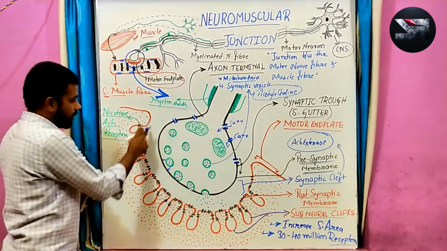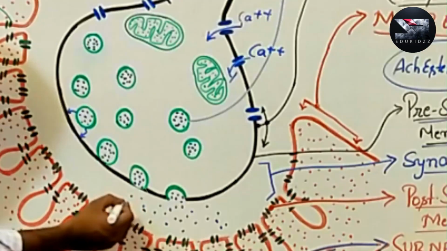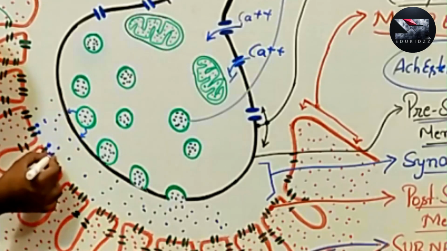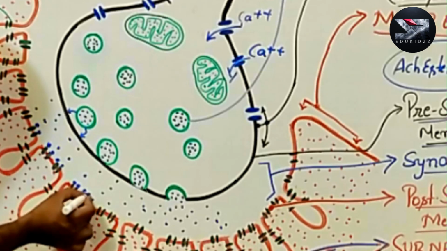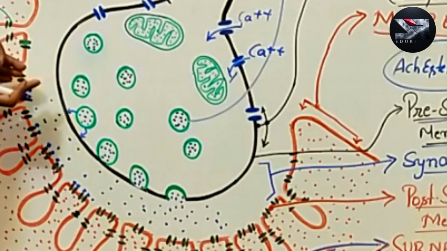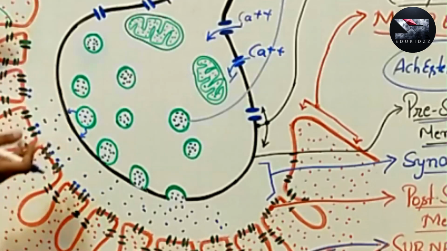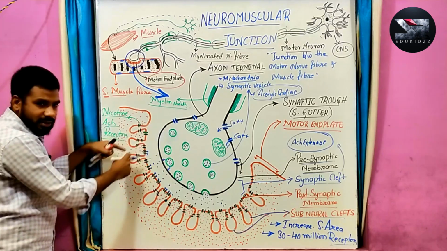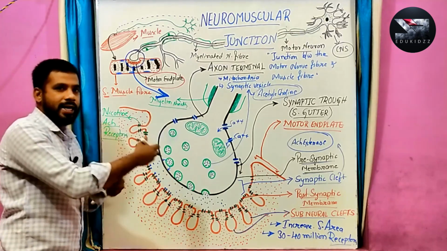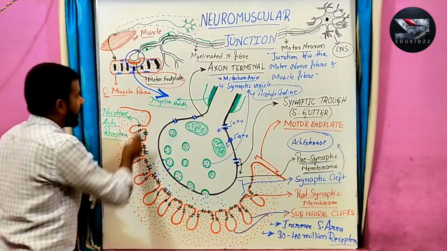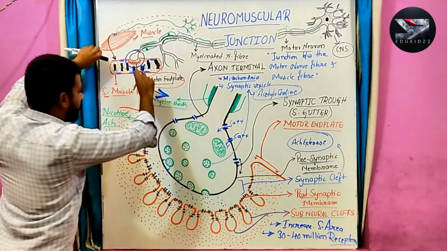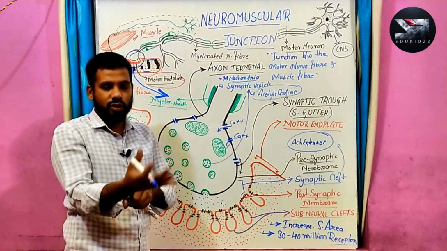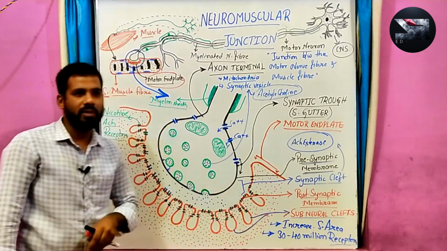Now the acetylcholine released into this synaptic cleft generally attaches to these receptors, which are ion-gated channels. When acetylcholine is bound, these channels open and permit sodium ions. When sodium ions enter the muscle fiber, there is a change in polarity and that generates an action potential in this direction as well as this direction. That action potential causes contraction and successive relaxation of the muscle fiber.